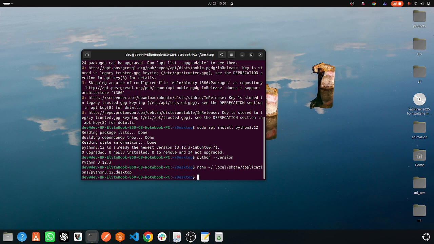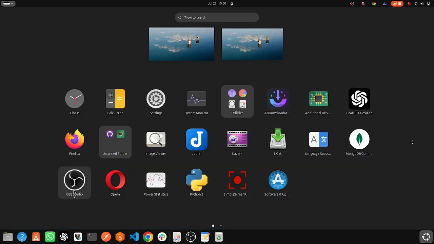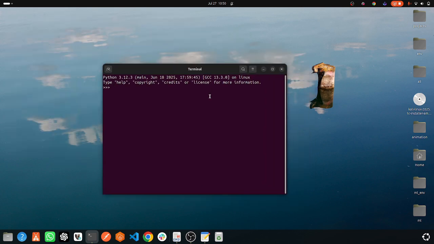Now I will give permission to this file which I have created for the desktop shortcut. This one, at this path I have created it. There is an icon for the desktop application. You can open it through the terminal by clicking